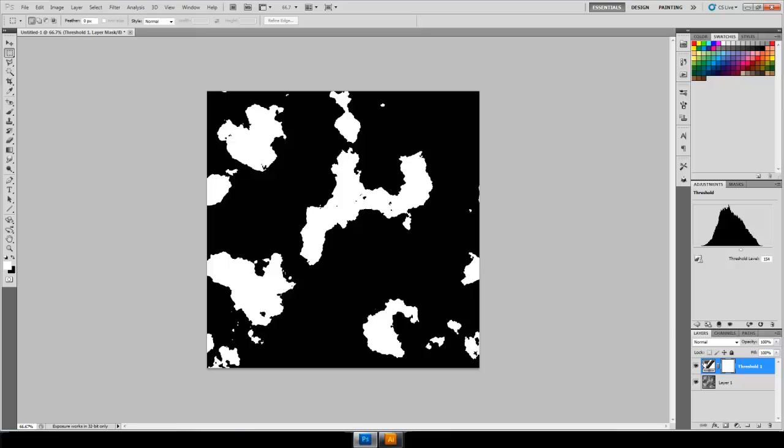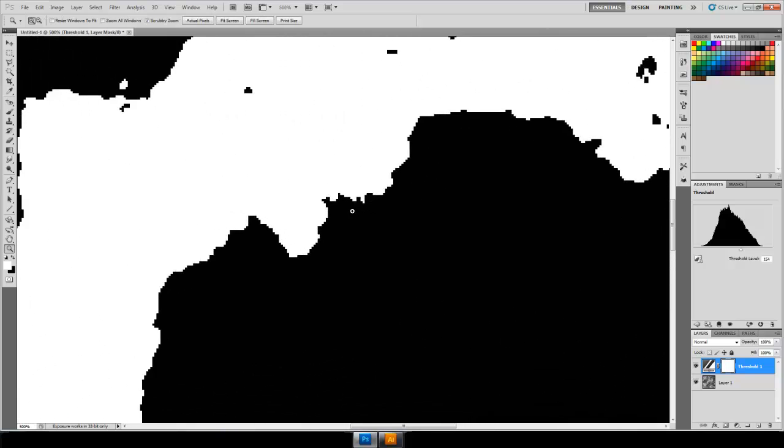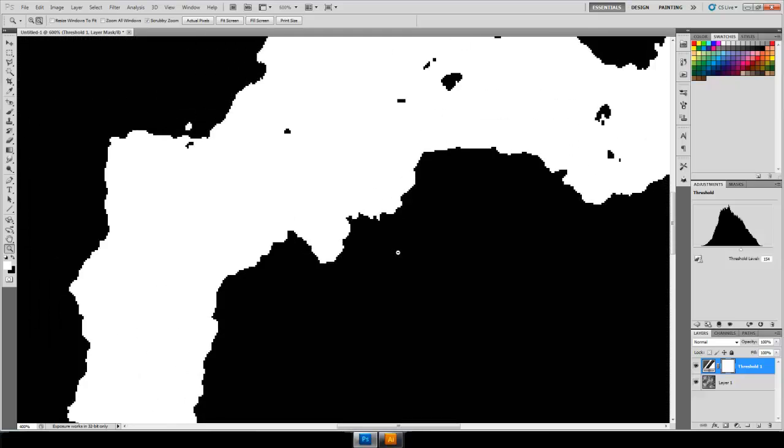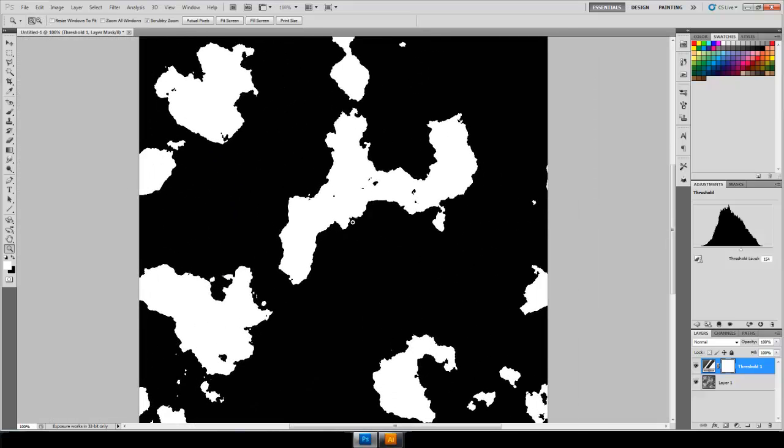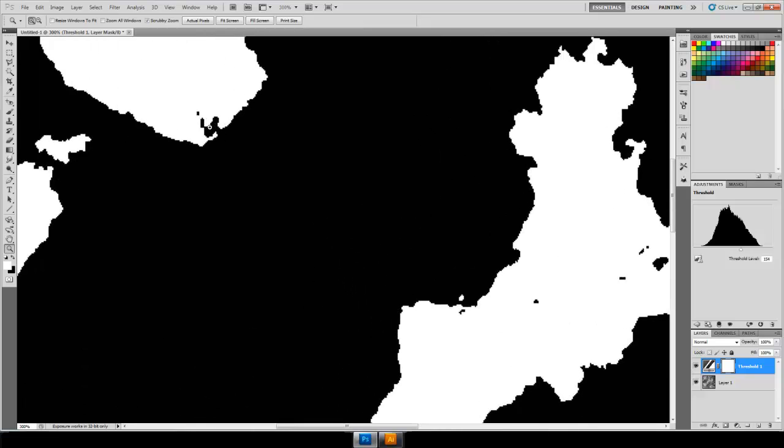It works pretty good. I actually prefer the cutout method because with this threshold, when you go in here, it's really pixelated. I mean, it's like 8-bit video game pixelated. Where with the cutout method, it seems a little bit smoother, but you still have some detail. This one definitely gives you a lot more micro islands and a lot more little nicks and stuff around the edges. Like this right here is great, but you don't really get that with the cutout filter. But the